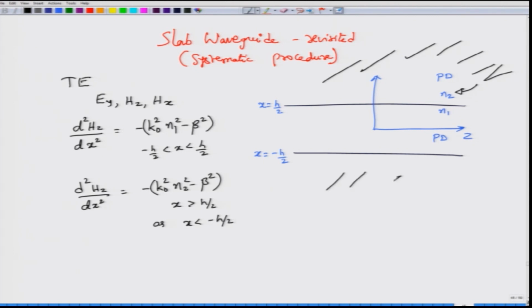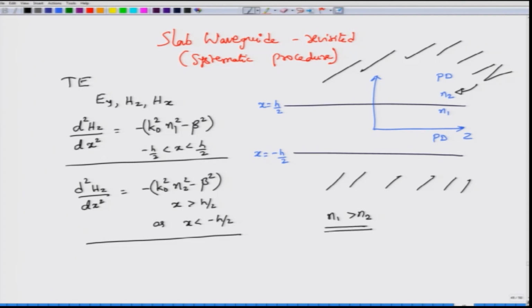It would be the same case for the lower part as well; this is the so-called substrate and this is the cover, and in between is the film, as we have seen. So, in the film you have this equation with n1, and in the substrate and the cover you have the equation with n2, and we of course also know that n1 is greater than n2. This is from our simple ray picture, where we were looking for total internal reflection as the cause of the modes being propagated. Okay. So, these are the equations that I have. Of course, I also know how Ey is related to Hz.